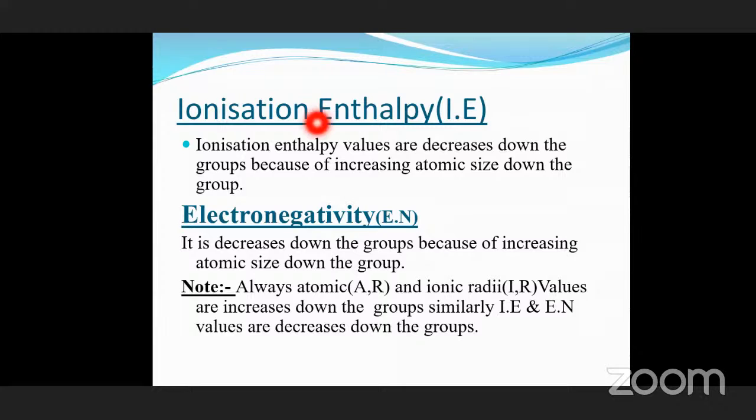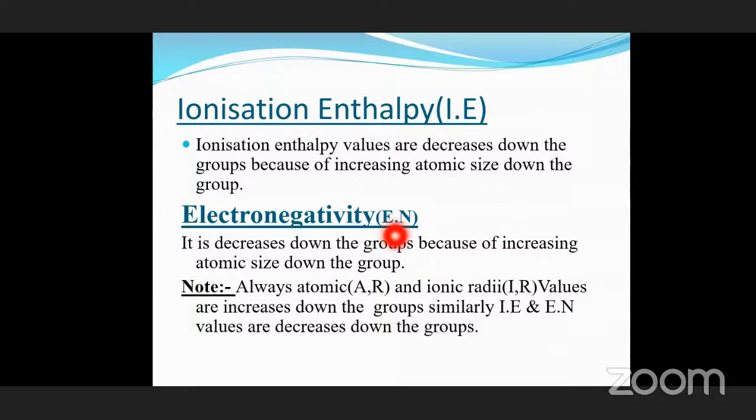Then here, for example, ionization enthalpy values decrease down the groups because of increasing atomic size down the group. That means ionization enthalpy always decreases down the groups, but it increases in the period. The only reason is increasing atomic size down the group. Due to this reason, ionization enthalpy also decreases down the group. Okay. Then